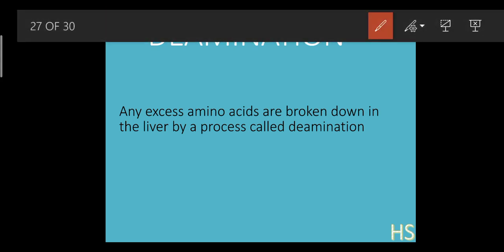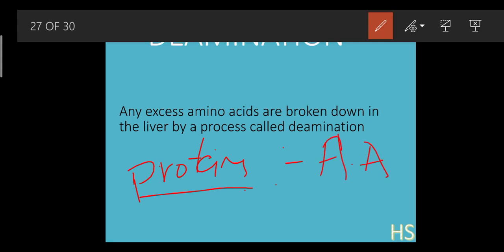Now see, glucose can be easily stored in our body, but we won't be able to store proteins. Proteins do not stay in your body for a longer period of time. Okay, they do not get stored. So what is the function of the proteins? They are considered the building blocks of the body. These proteins get broken down into a smaller form called amino acids.